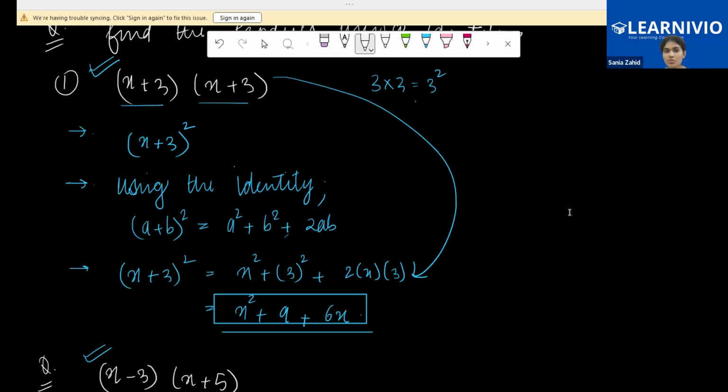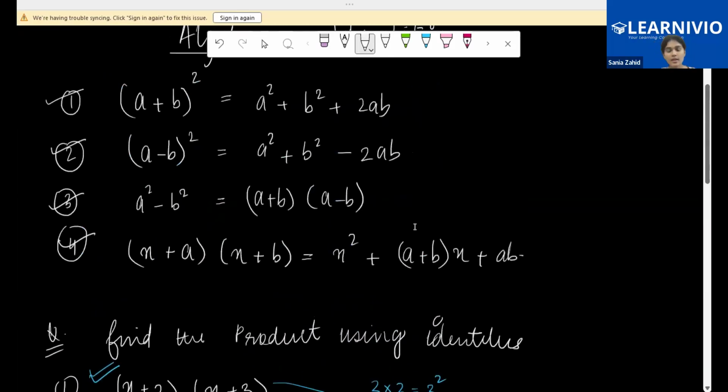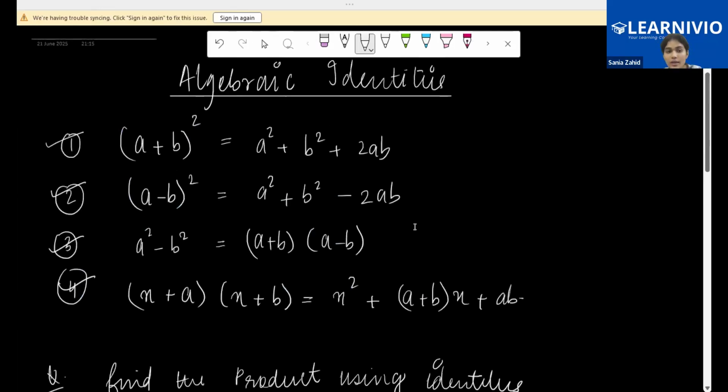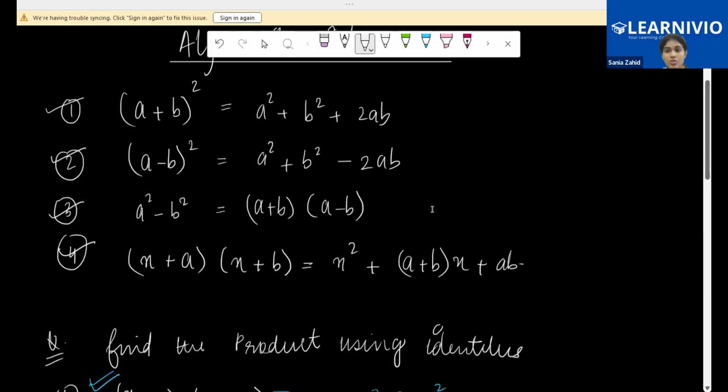Okay, so children, before the next class, you will be learning all these identities. And just be thorough with the topic that we discussed in today's class, that's middle term splitting, right? So practice